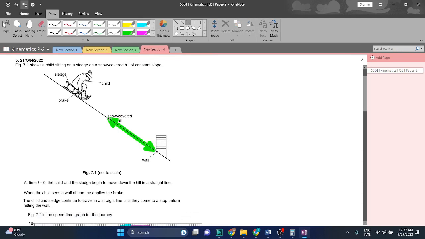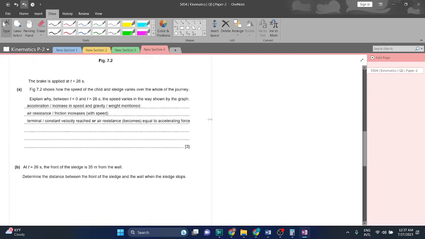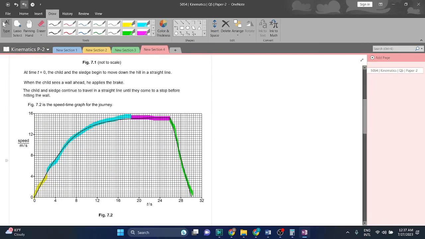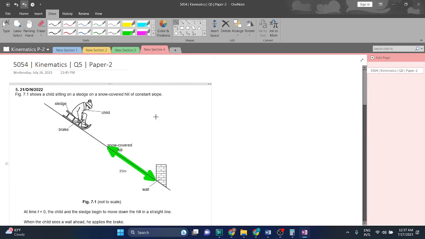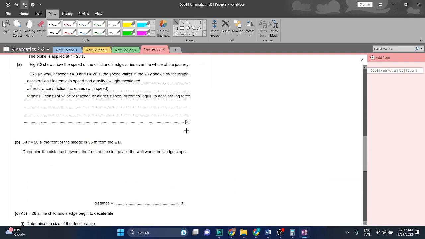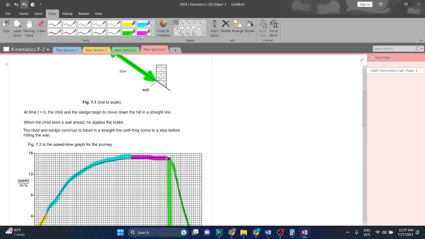This is 35 meters. लेट्स जस्ट असूम, ठीक है ना, यहाँ 35 मीटर्स हो गया, ये सेकंड 26 पे है, ठीक है ना। इस टाइम पे जाके ही सेज के 35 मीटर्स अवे है फ्रॉम द वॉल, ठीक है ना।